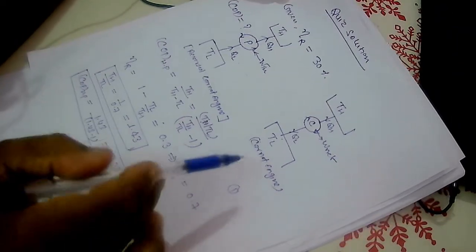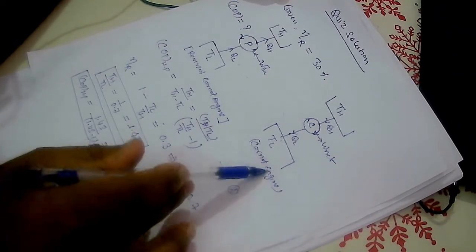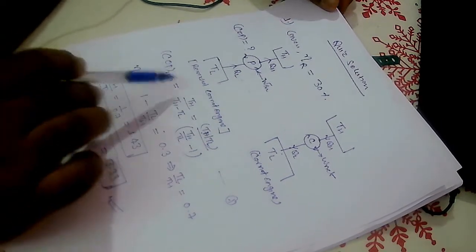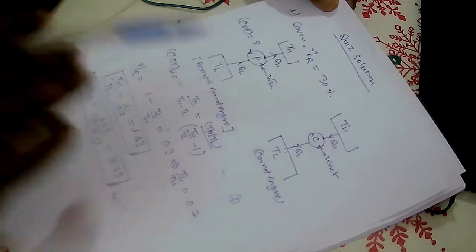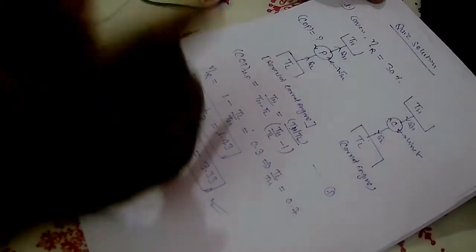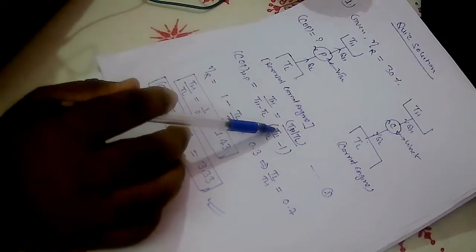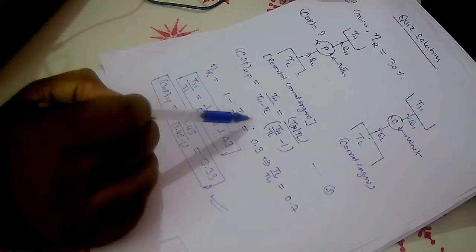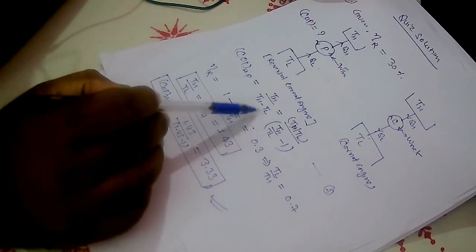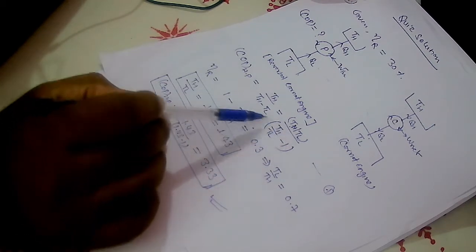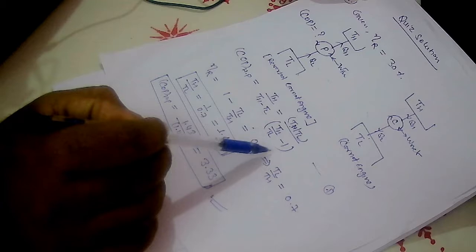So we started from Carnot, and then we went for reverse Carnot, which becomes a heat pump. Then we took the coefficient of performance of the heat pump, that is T higher divided by T higher minus T lower. Then we took T lower as common, so we can express this as T higher divided by T lower, divided by T higher divided by T lower minus 1.